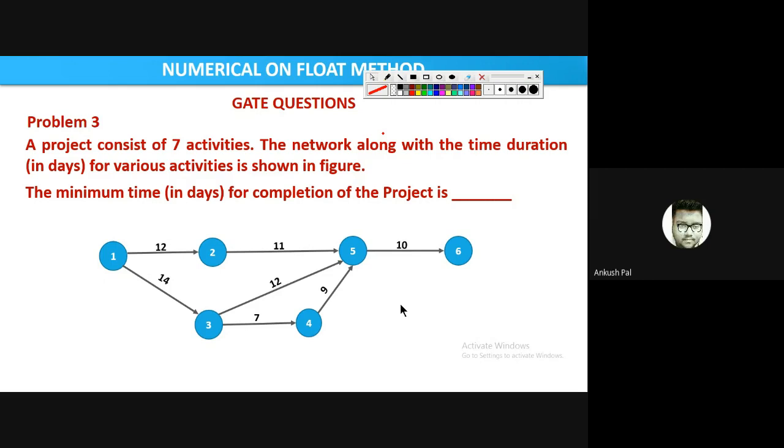1 to 5, 6. 1, 3, 4, 5, 6. Suppose this is a very easy network diagram. If there were a more complicated diagram with 10 paths, it would be very tough for you to identify all the activities and do the summations. Here only 1 to 3 paths are there, that's why you could easily calculate. But if it were a more complicated diagram, then how would we calculate in the easiest way?